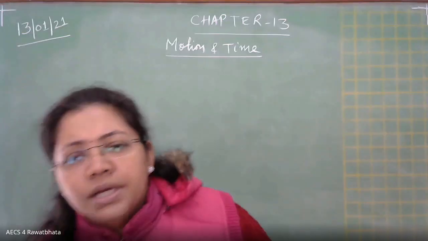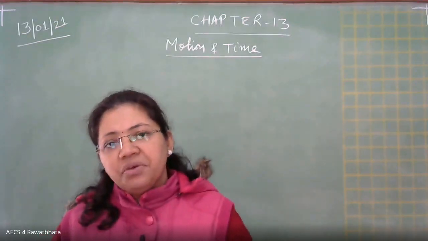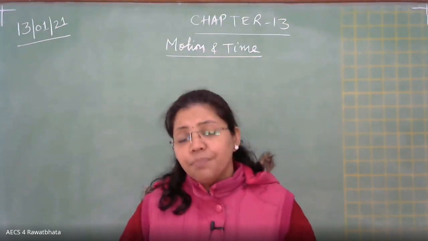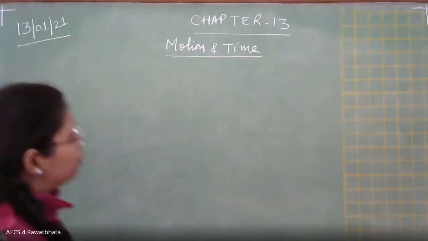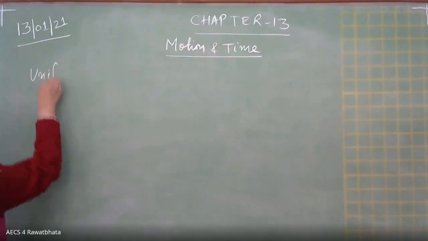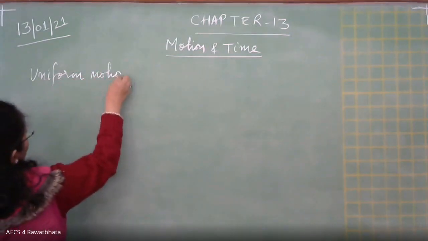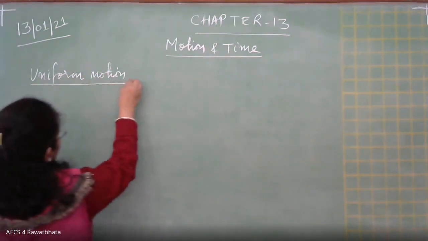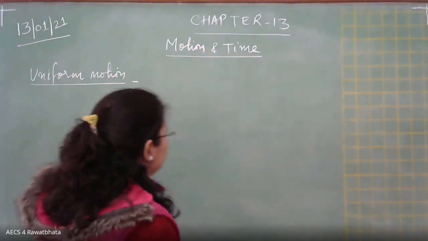Okay, ma'am. Yes, yes. So now we know two types of speed, that is uniform speed and variable speed, right? Based upon the same context, we have two more different types of motions. One is called uniform motion. In uniform motion we say that when a body,